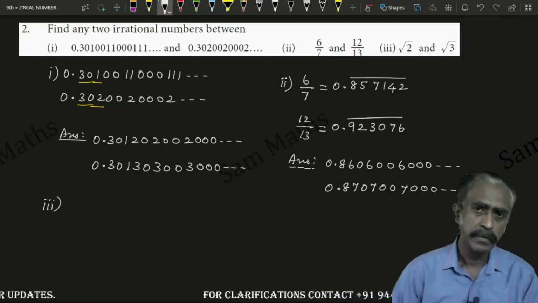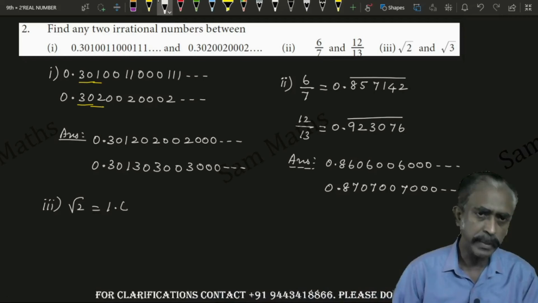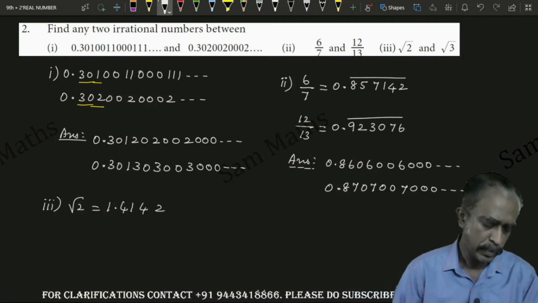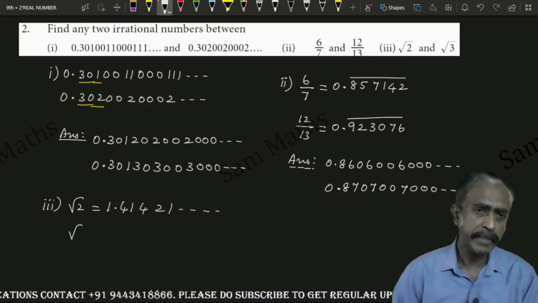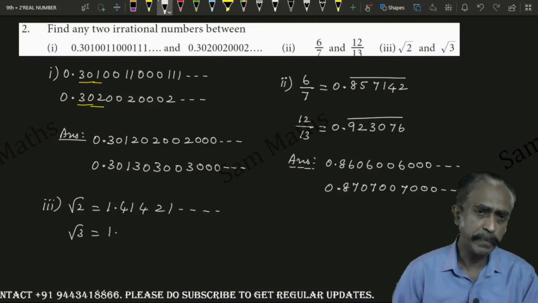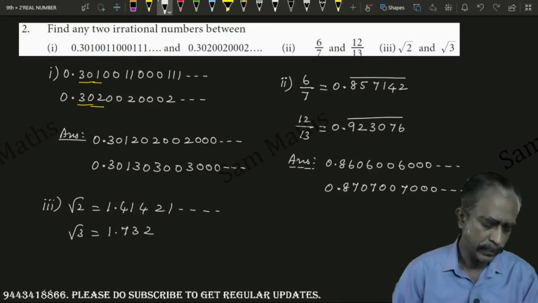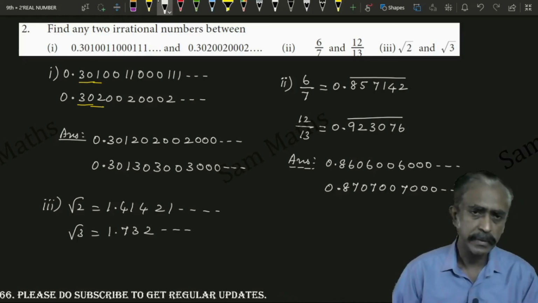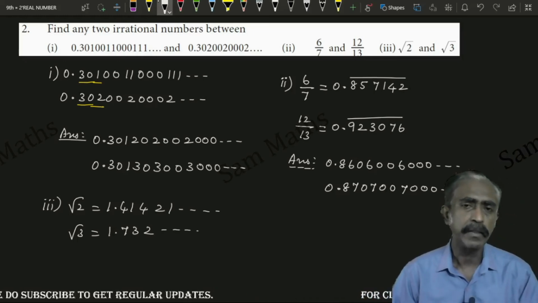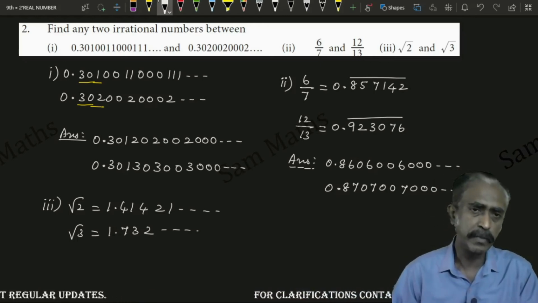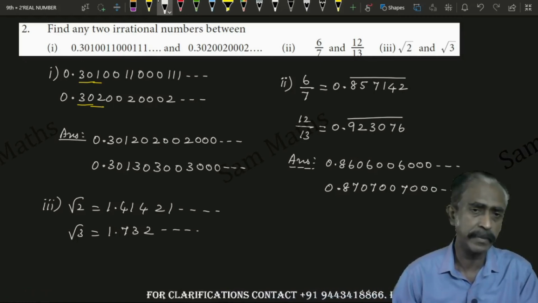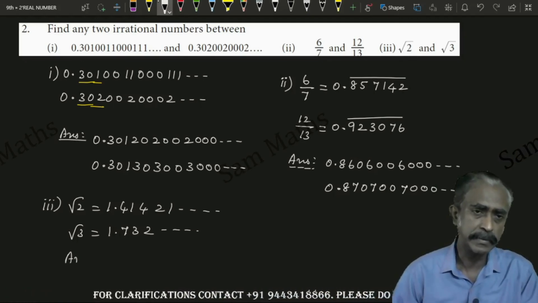Third one, root 2 value. Root 2 is equal to 1.41421 and so on. Right, children? Root 3 value, which will be 1.732 etc. Right, children? Right. Now we can write two irrational numbers between this. It's very clear that 1.4 and 1.7, between this we have to find out. Therefore the answer is